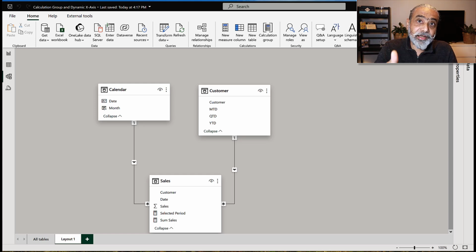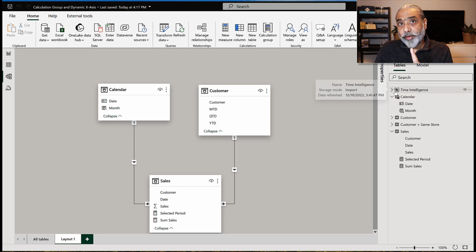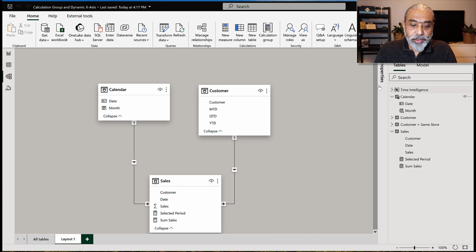You don't need a third-party tool like Tabular Editor. Although I love working with Tabular Editor, it's much easier, but I'm going to show this in Power BI Desktop itself. Again, if you want to see or create new calculation groups, just for your knowledge, you have to come